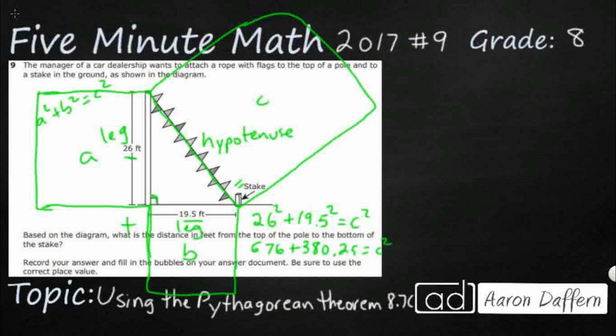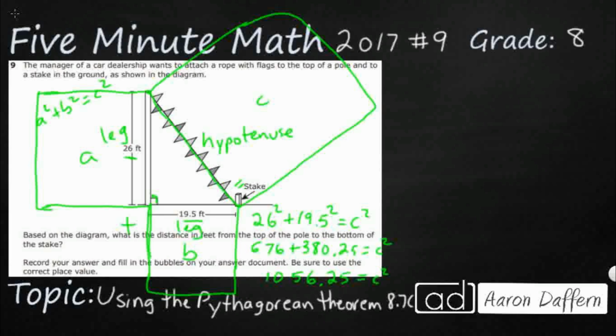And put those together, that's going to equal c squared. So let's add those two up, and we've got, wow, 1056.25. Not a square that most of us are used to, but that's what we're going to get. So c squared equals 1056.25. Now, if we wanted to, we could bubble that in, but we would be incorrect, because we're not looking